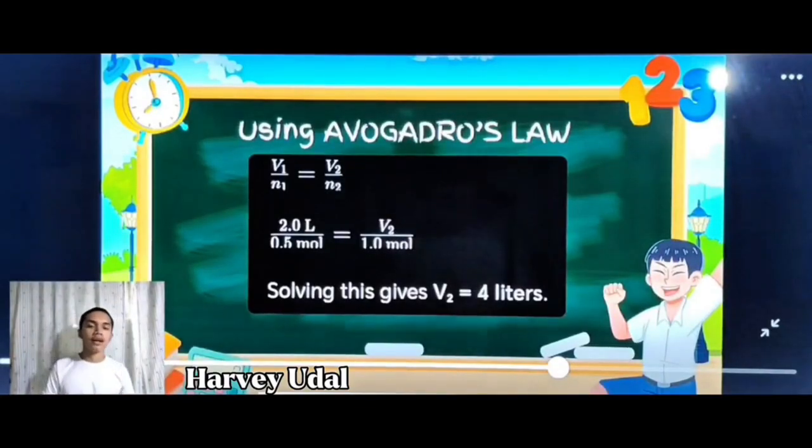So, using Avogadro's law, V sub 1, the initial volume, over n sub 1, the initial number of moles, equals V sub 2, the final volume, over n sub 2, the final number of moles. So, 2.0 liters over 0.5 mole equals V sub 2 over 1.0 mole. So here, we are trying to solve for V sub 2. So the answer is V sub 2 is equal to